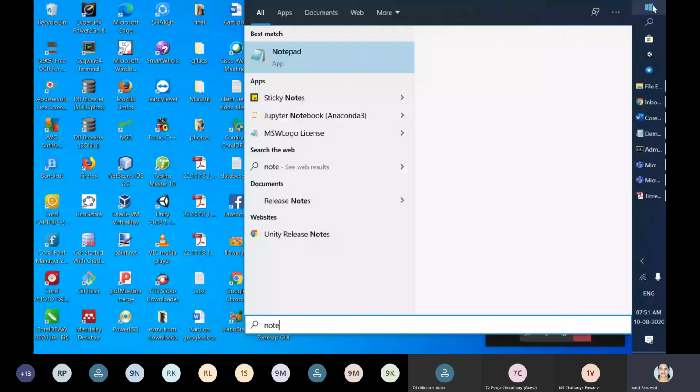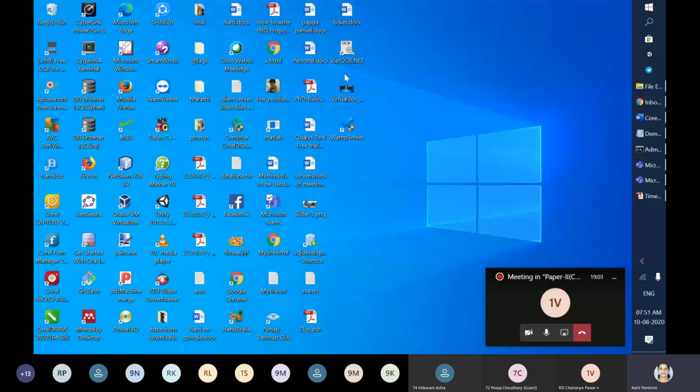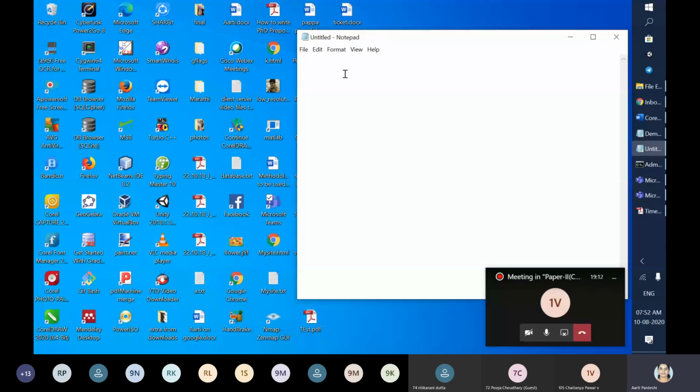Actually, one program I have already kept ready, but first we will type it. I'm going to type it, you will be able to see it, and then I will explain in detail, step by step, what each and every line means. So I am starting with it. I'm keeping the name the same, example 2, because in the notes which I'm going to share, it is the same name.